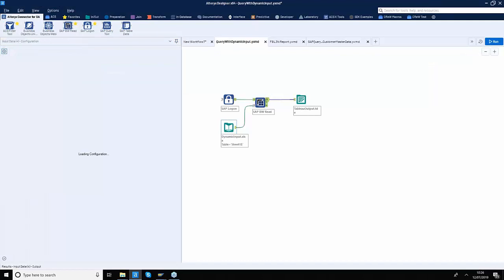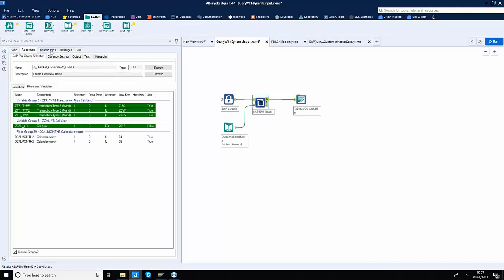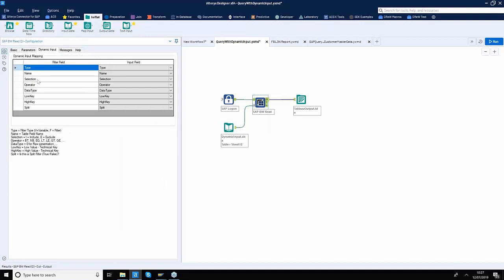So if you click on this input data tool, which is, by the way, Alteryx is one of the purest tools that you can use, really powerful. So you can see here at the top, I am actually reading that file from my desktop. And by reading that file, I got those 2 lines. And now I am mapping that data into the lower end of my SAP BW read tool, and by doing so I am satisfying the need of these fields.